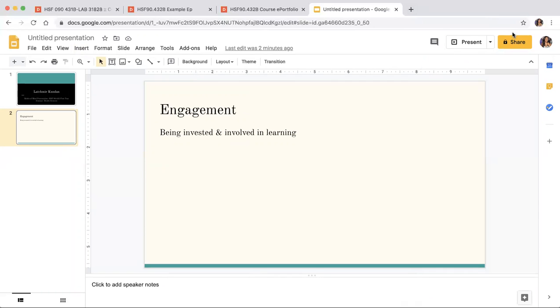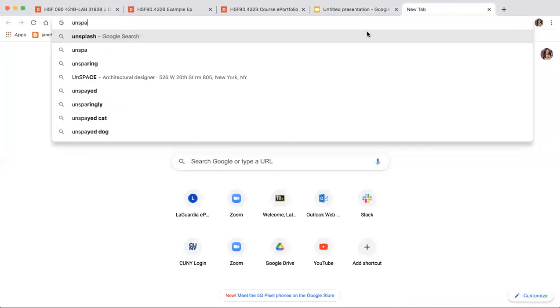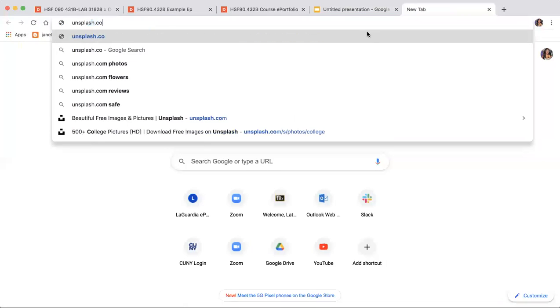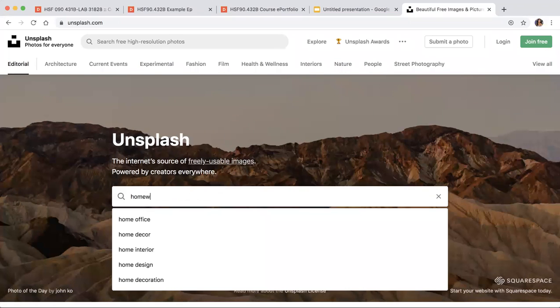One website I like to use for images is called Unsplash, unsplash.com. And these are free images, so you don't have to worry about copyright or anything like that. It's free, you could use it. So all I'm gonna do is search maybe homework,